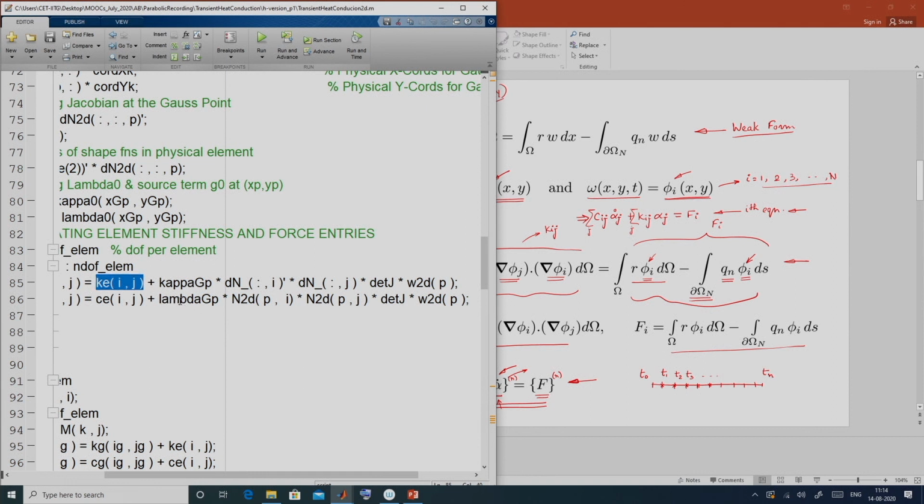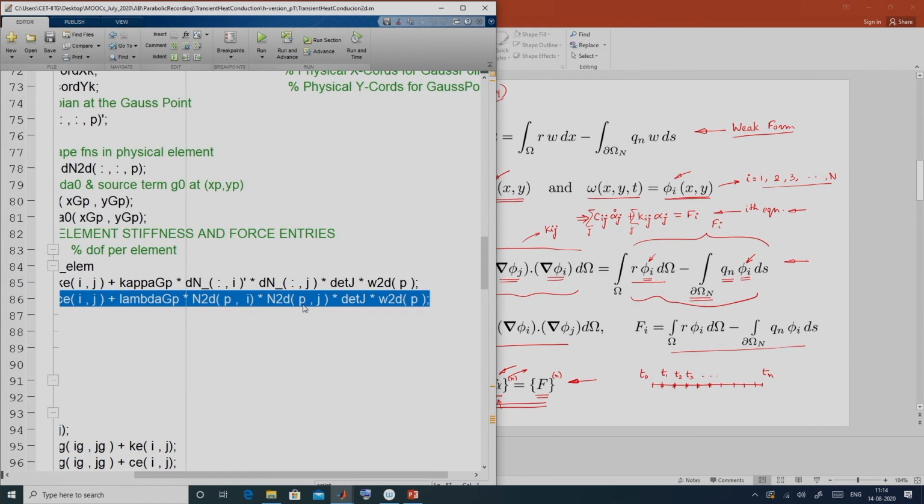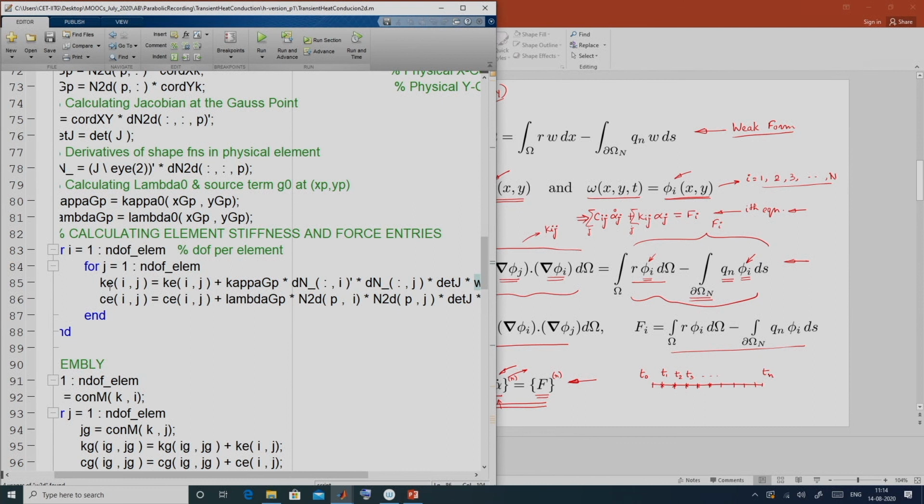Similarly, for the C matrix, we have lambda at the Gauss point multiplied by the shape function i at Gauss point P, and similarly multiplied by the shape function j at Gauss point P, multiplied by the determinant of J into the weight corresponding to the Gauss point P, alright. So, we are looping over P. At the end of this loop, we are getting the element stiffness, element K matrix and